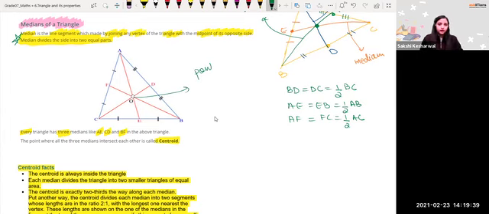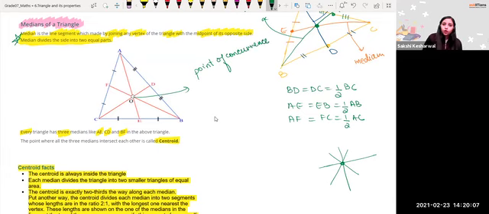That is the point of concurrence. I'll write it like this: point of concurrence, that is a point of intersection. We say point of concurrence where more than two lines intersect. Let us suppose I drew this point of intersection also, but if I pass a third line and a fourth line through this point, then this point is said to be what, beta, point of concurrence, right? So the point of concurrence of all medians is called the centroid,